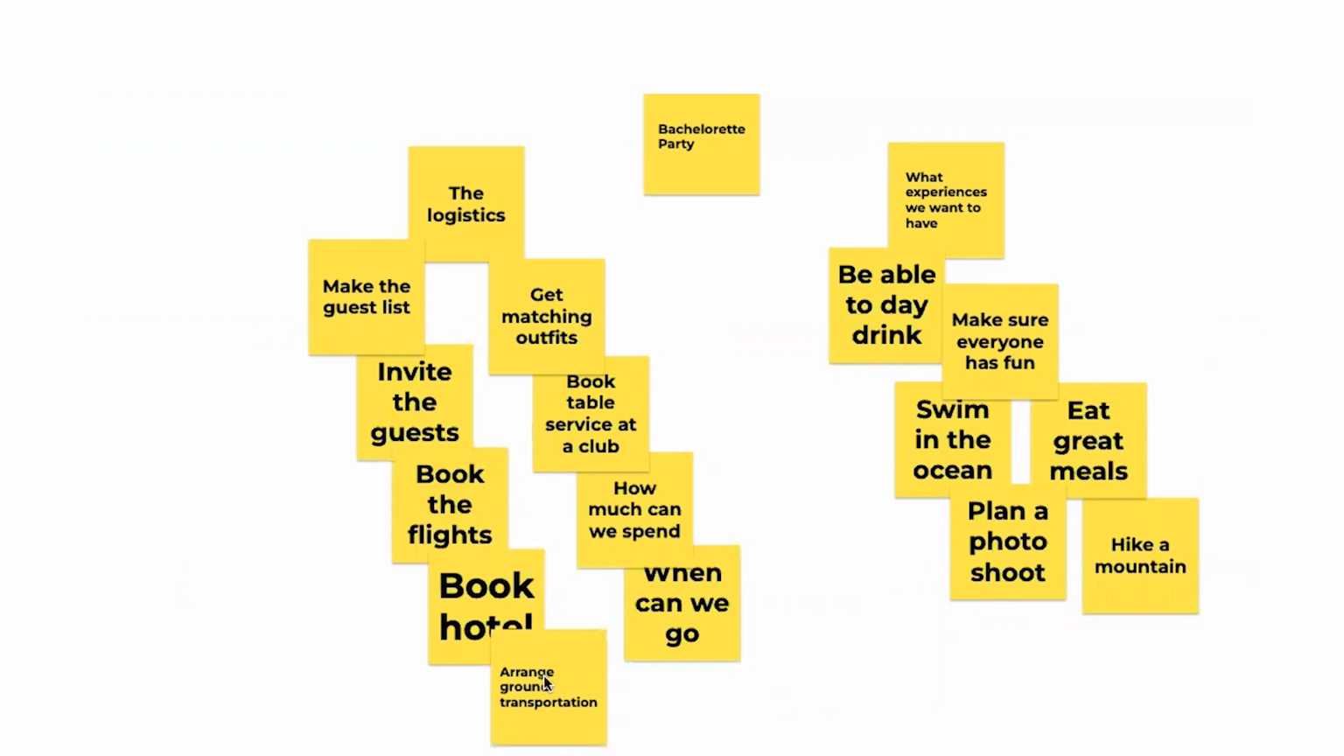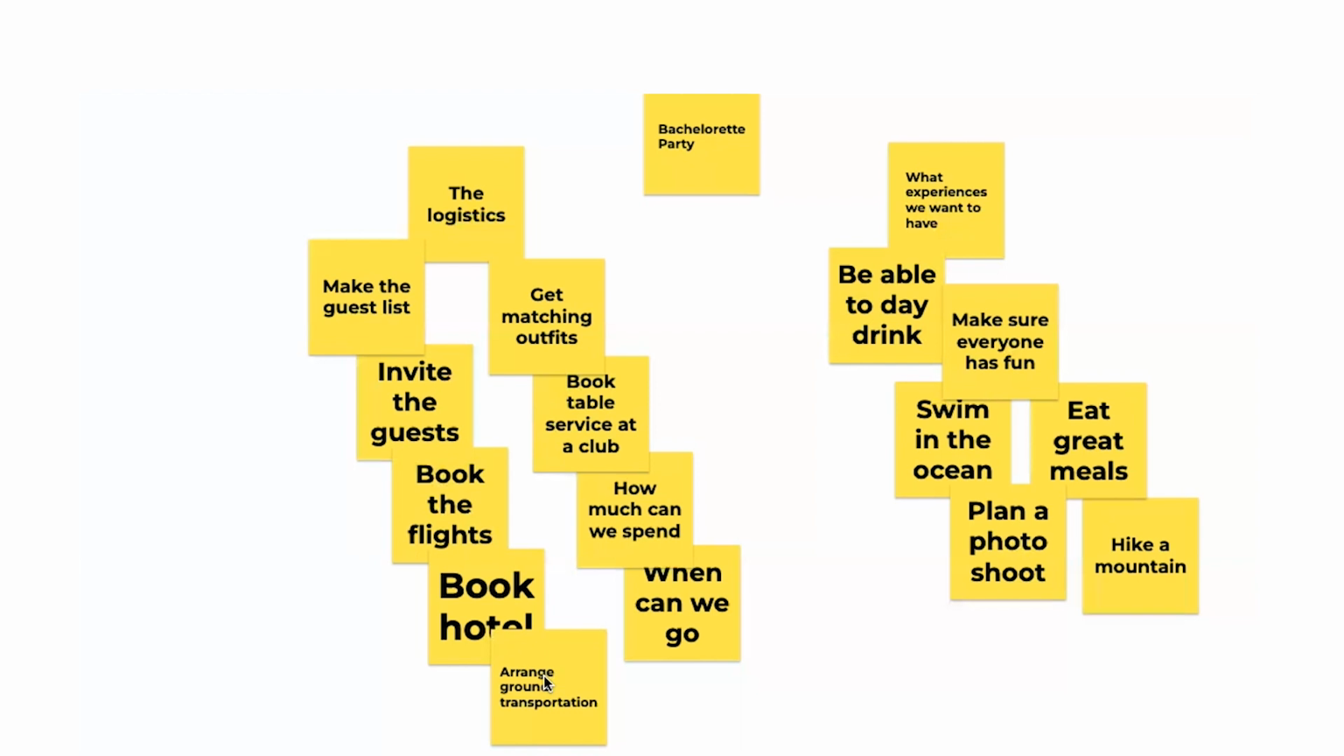So making the guest list, inviting the guests, booking the flights, booking the hotel, arranging ground transportation, get matching outfits if that's applicable, book a table at a club, how much can they spend, when can we go? All of these are the logistics, not in any particular order. Of course, you can order them to make more sense, but basically these are the logistics that need to be